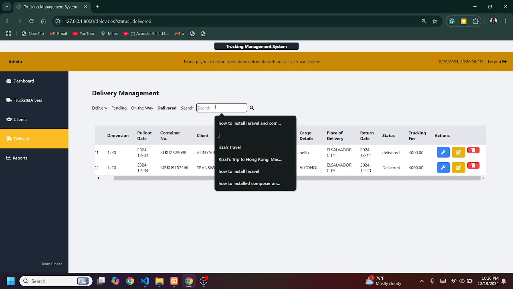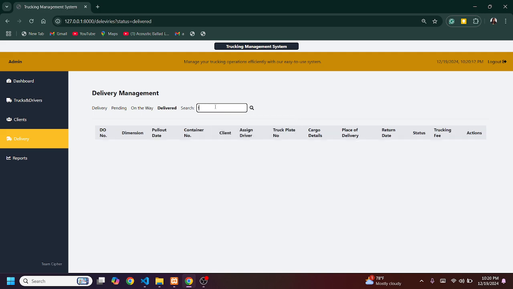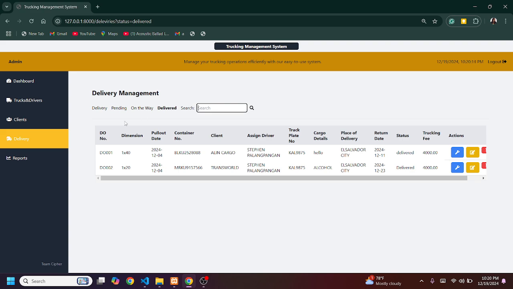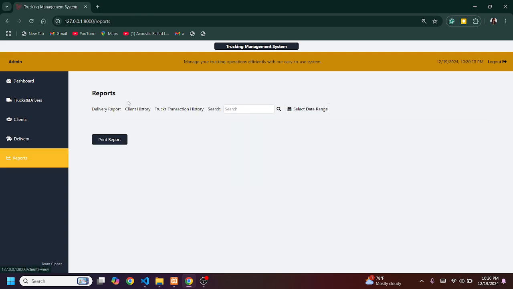And if you're currently looking for a specific delivery information, you can also use the search functionality. You can try to search the following delivery. And lastly, we have the reports. In reports, we have the delivery report tab, client history tab, and track transaction history tab.